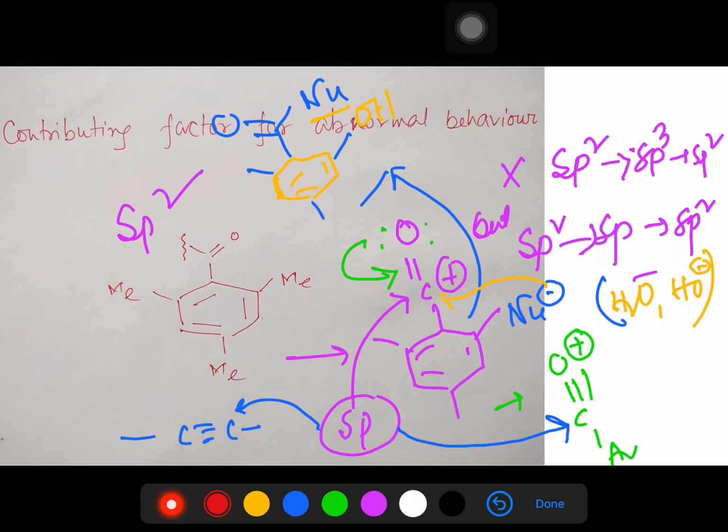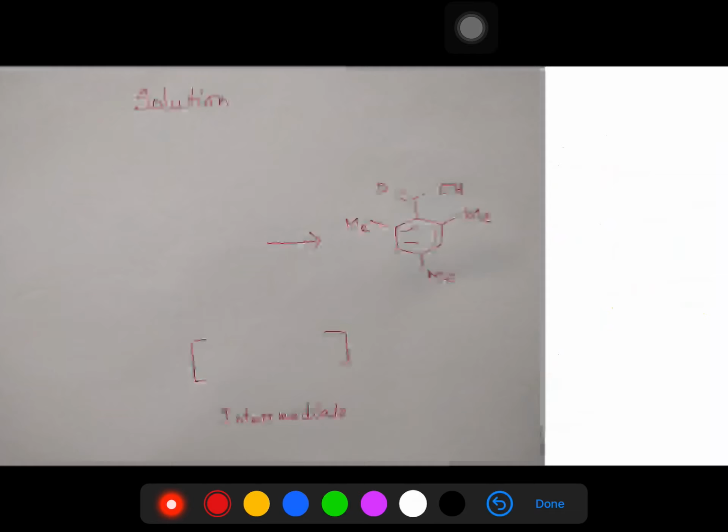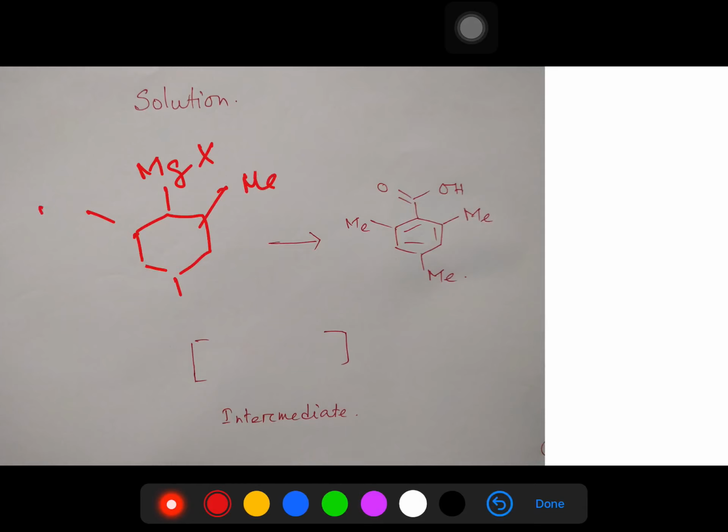Okay, so this is OH, which means it is actually an acid. This can be done in this way, and that is possible by the fourth method, that is the Grignard reaction. So what do I mean? If you take a Grignard, MgX, with methyl, methyl, methyl, and react it with carbon dioxide, then the reaction occurs. In this case, what is produced? The intermediate produced for this reaction is,